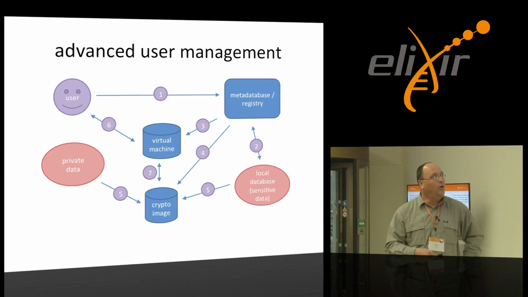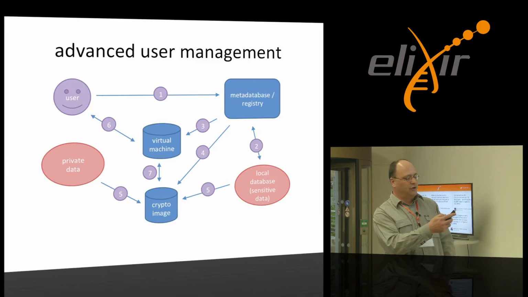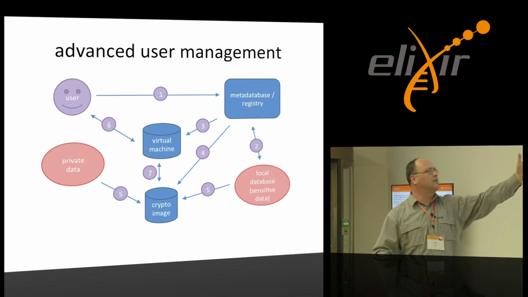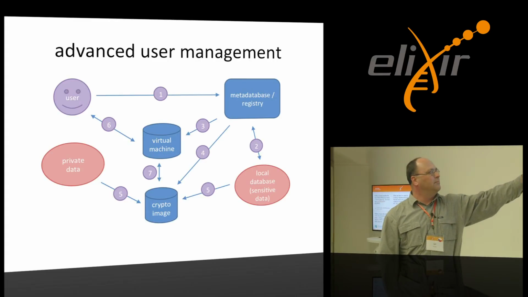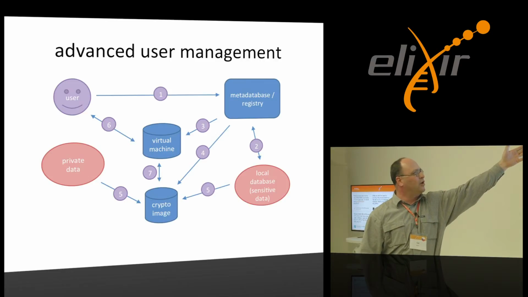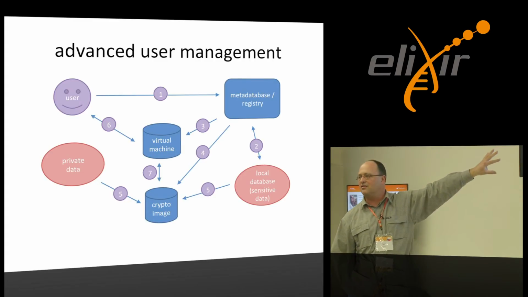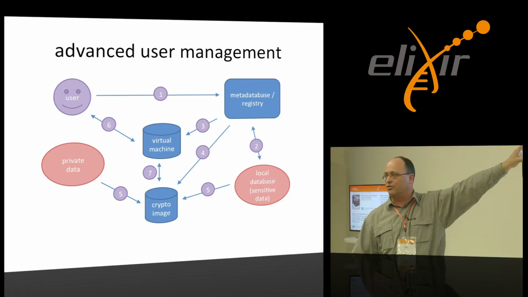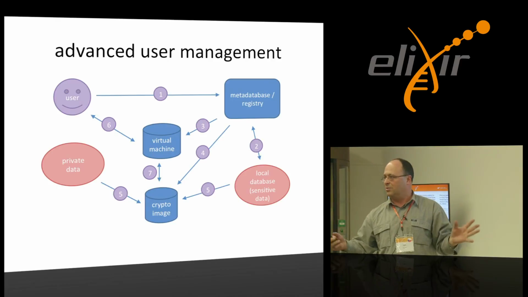And this is the way the user management is basically done automatically. The user from some kind of metadatabase gets the approval that the project can be created, then the virtual machine is started, and the crypto image data are then encrypted, and they can download their own private data on the crypto image, and if necessary, the crypto image actually can stay in their own network, and the virtual machine can run on their own network or on ELIXIR resources and only mount the private data, so there are endless possibilities for all users.